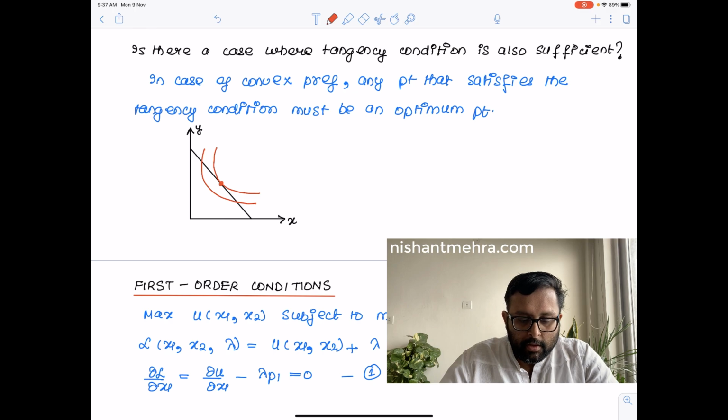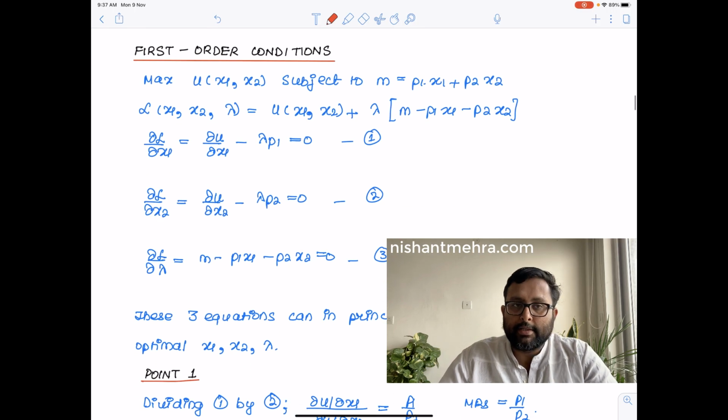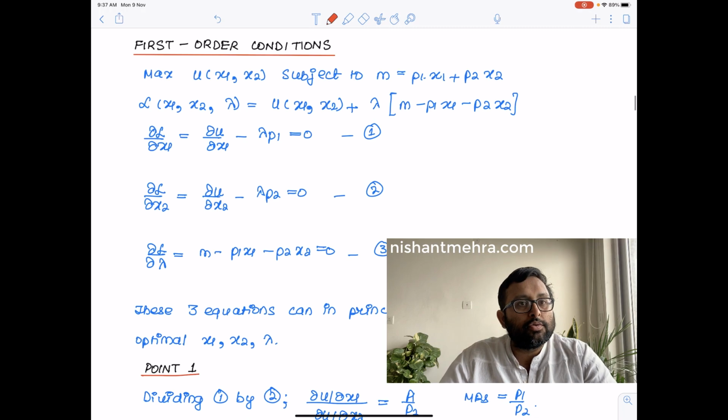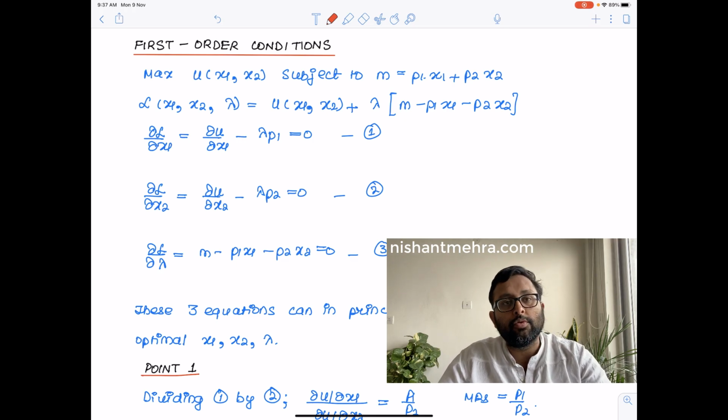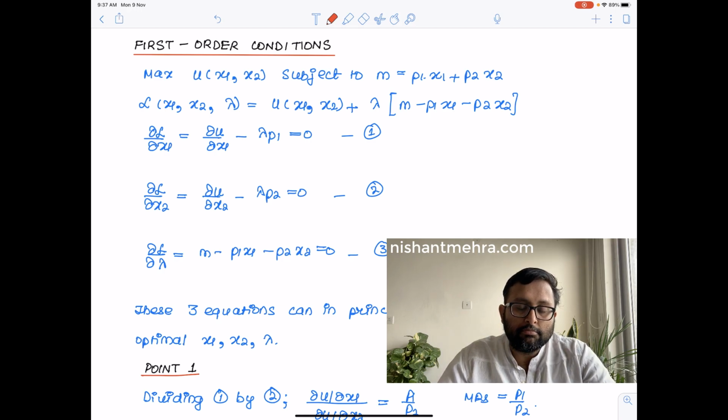Okay. Then you have the Lagrangian, beta. Now, you need to understand a few things. Of course, this is going to be the bread and butter throughout the micro course, at least, that you have the Lagrangian technique with you. So that is the constrained optimization technique. So you have the objective function and you have the constraint with you. So in the utility max case, what is the objective function? The objective function is the utility. You have a constraint also. So the constraint is the budget constraint.